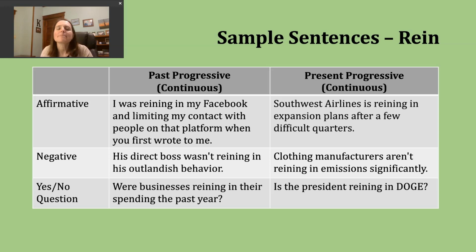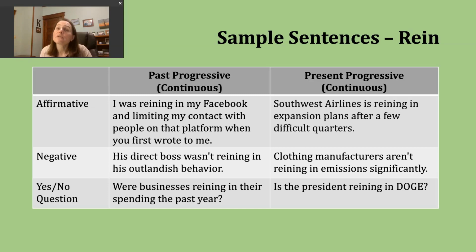I was reining in my Facebook and limiting my contact with people on that platform when you first wrote me. So here someone maybe is describing that action of pulling back, limiting the amount of social media. Someone might use a sentence like this to explain why they hadn't responded to a message in a timely